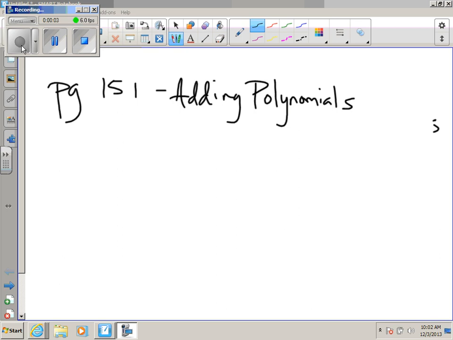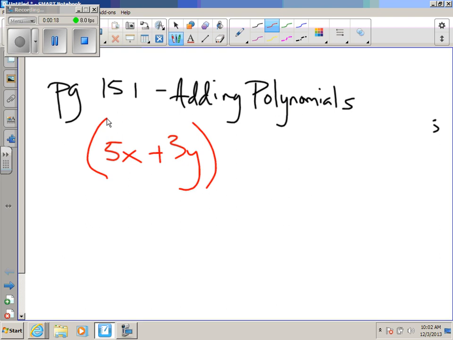Okay, adding polynomials. Well, you are going to see problems like this today where they want you to add this and... okay. Essentially what we're going to do is we're going to simplify, and we can really only simplify what kind